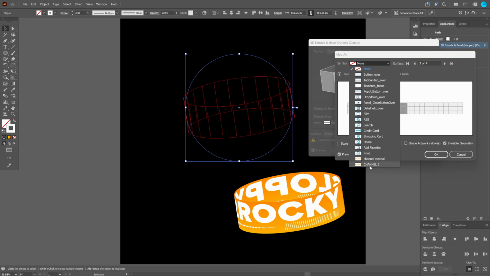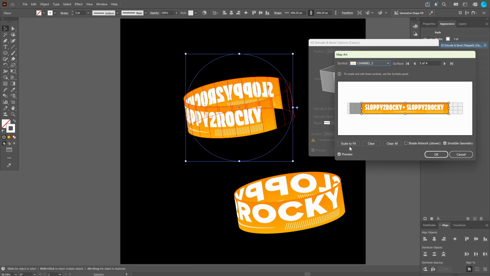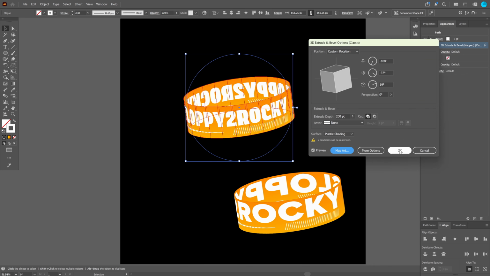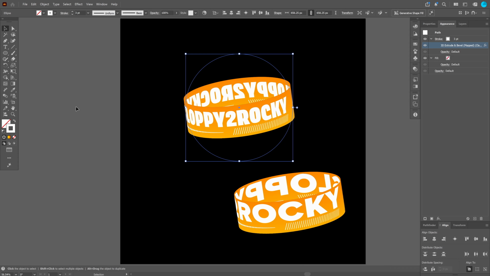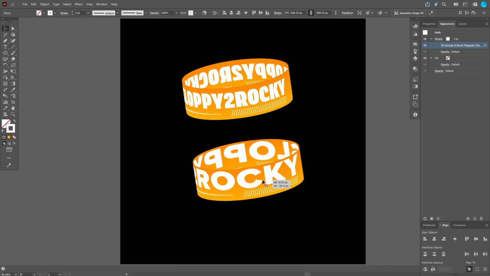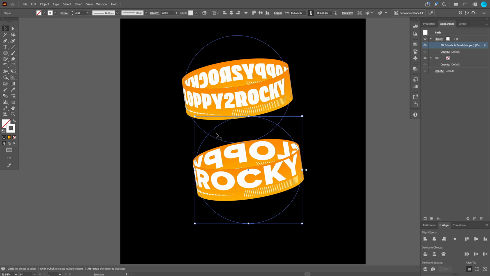And from here, you can choose the other one. You can again scale to fit, and you can see it's already nicely done. Keep the invisible geometry on and press OK. And that's pretty much how you can simply turn a simple text into a wrapped around text on any surface